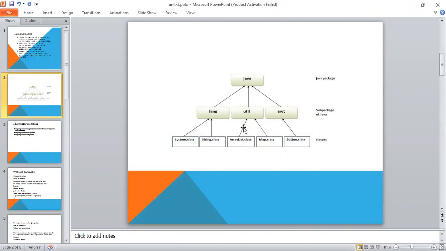Similarly, to implement the Map class, we need the util package. Similarly, if you want to create any graphical user interface or any component like a button, checkbox, radio button, or any type of event, then we need the package called awt. So this is the architecture of Java packages.